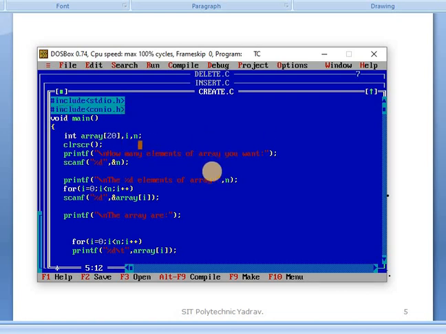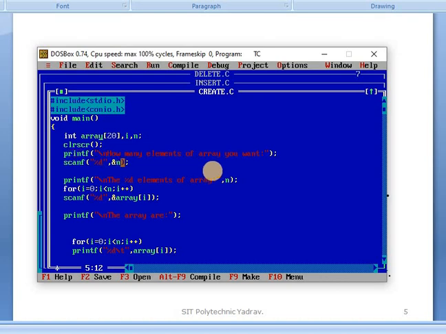After that i and n are variables taken for calculation purposes. clrscr means your output window will be cleared. Next, you already know the input and output functions: scanf is the input function and printf is the output function.